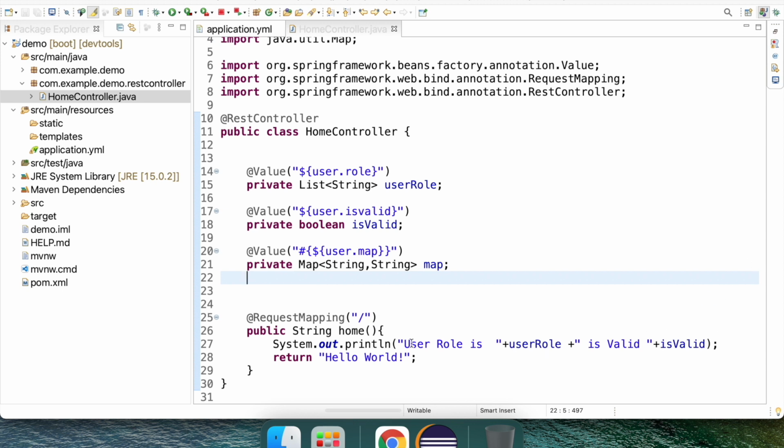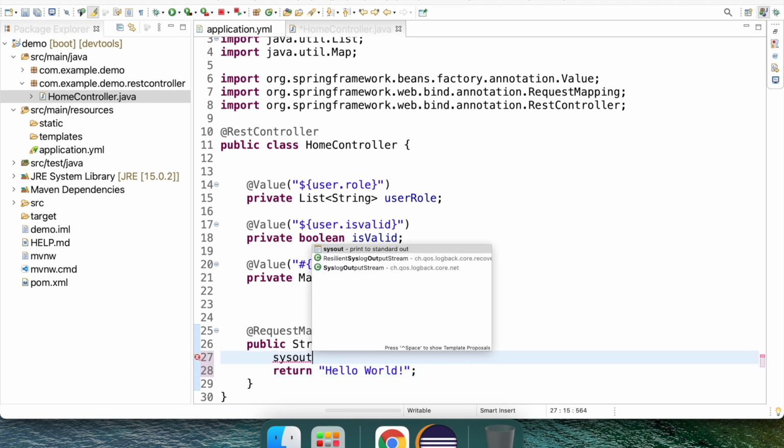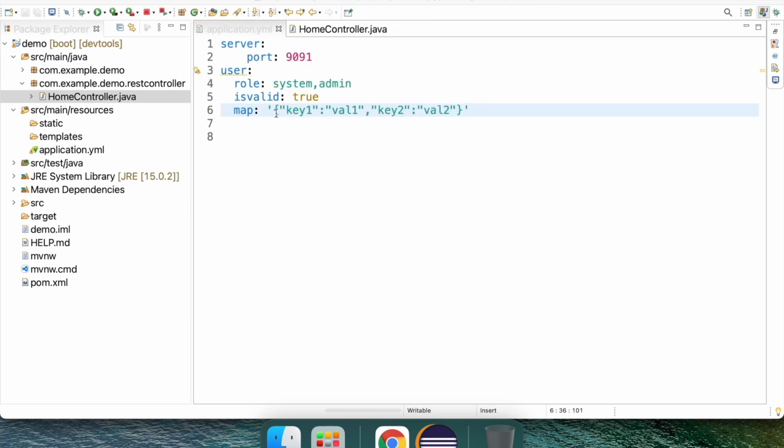Control Shift O. Yes, it got auto imported. Now let us remove this, and print map values are. I'm just printing all the keys and values in the map that exist under user.map. Ideally it should return this set of key and value pairs, as we have declared it in a single quote.